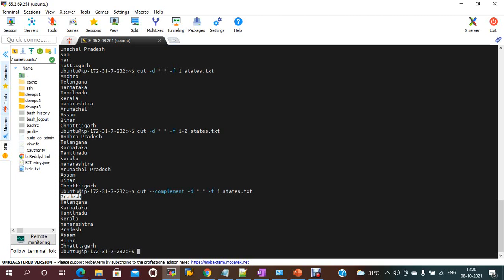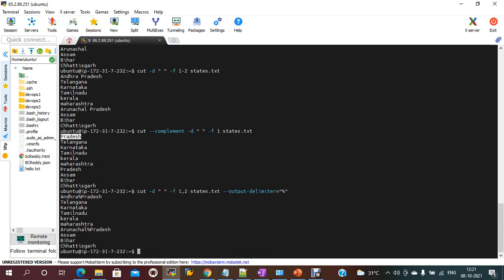Suppose I want to use cut hyphen d space, hyphen 1,2, file name, and the output delimiter with hyphen output delimiter. I just need to mention the percentage wherever the space is there.